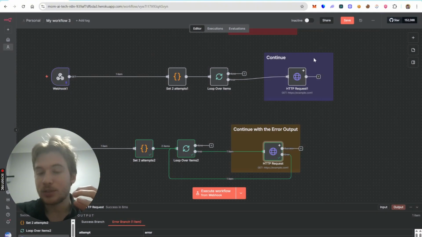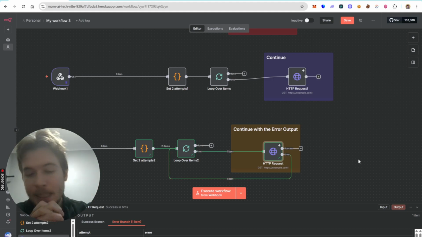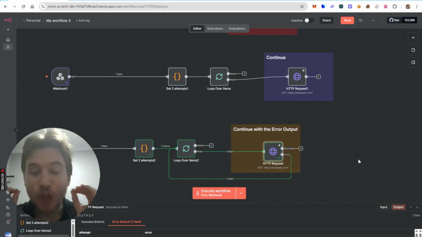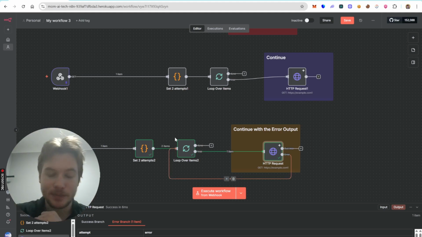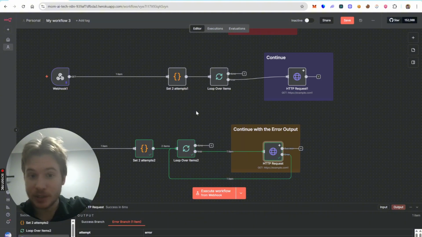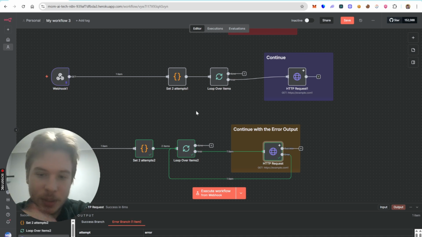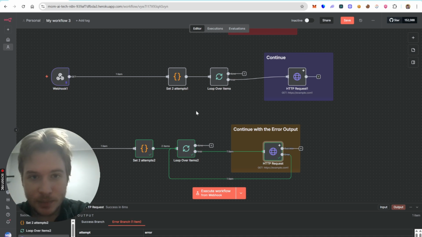And I would say that this works just phenomenally when you have this loop over items node in your workflow, because let's say you have 10,000 leads to be processed, and you just need the automation to go through the whole list, and that's actually,